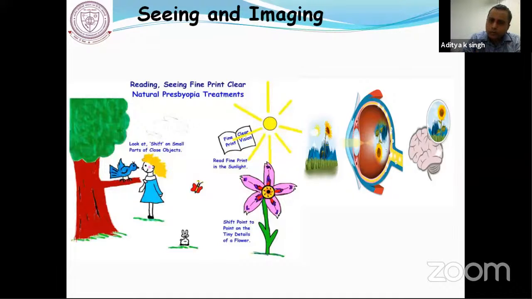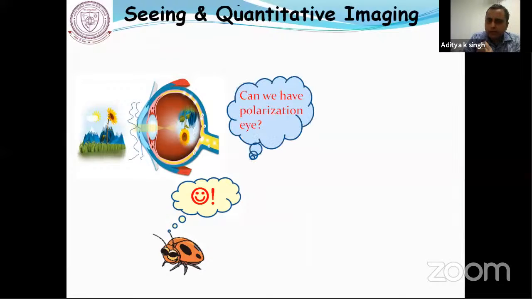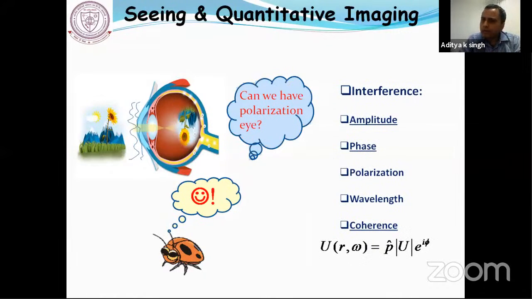Now, to understand image formation, there are several parameters of the light which play an important role. Here I will consider only amplitude, phase, and coherence. There are other parameters; particularly if you are interested in developing an imaging system for polarization, we have to include the polarization parameter of the light, but that makes the system complicated.